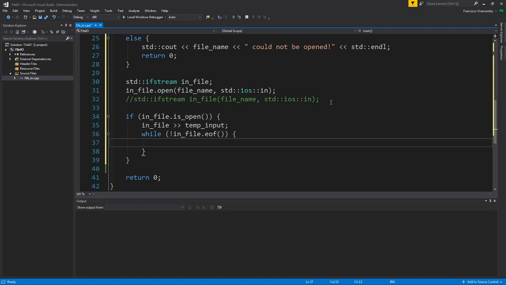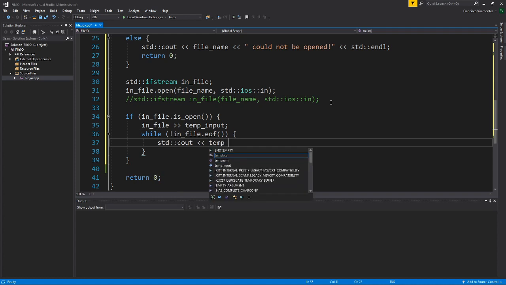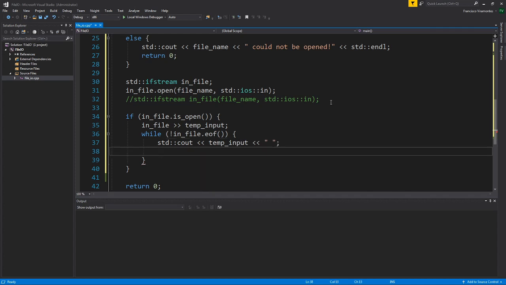While we are not at the end of file, what I'm going to do is print out the temp value, the temp input that we have, and I'll do it with a space so that everything's space separated. And then I'm going to read in a new value, right? And this is quite nice because